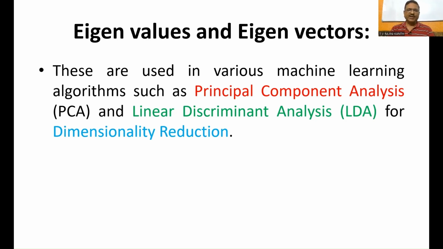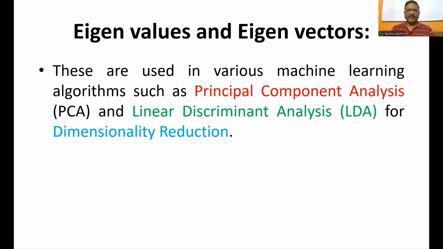These two are used for dimensionality reduction of the data set, because a huge data set consists of many attributes which are not useful in the analysis. Only a few of them are useful. In order to reduce those dimensions, we use